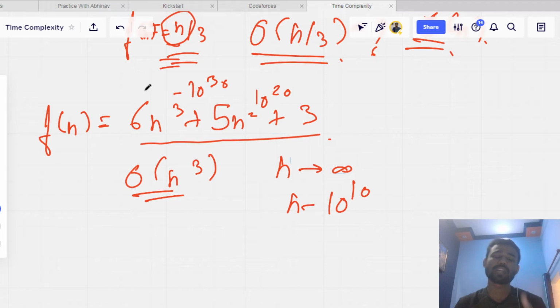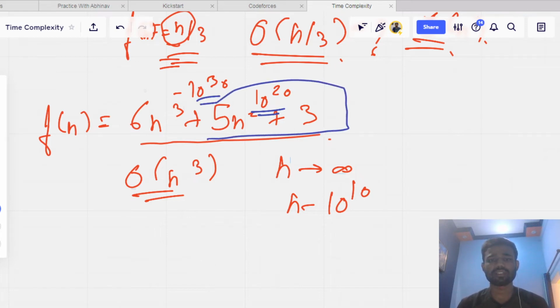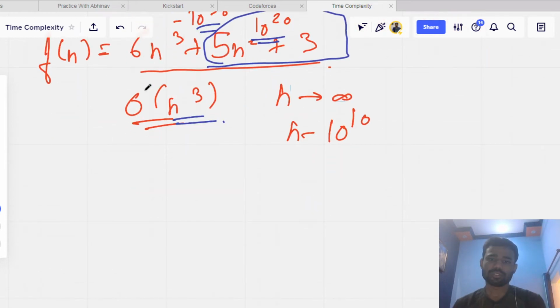हम लोग पहले भी जब approximation पढ़ते थे, in the chapter of approximation in class 11 or 12, we have studied that we have to neglect some values which are relatively smaller. This is not a small value, but it is relatively smaller than 10 to the power 30. So we can neglect this, and we will take just O n cube as the time complexity, like this. Okay, fine.